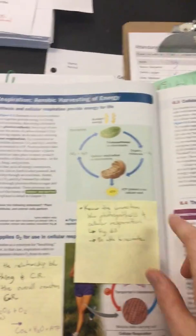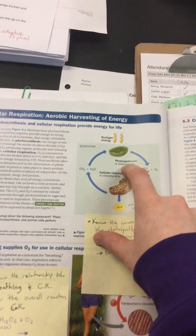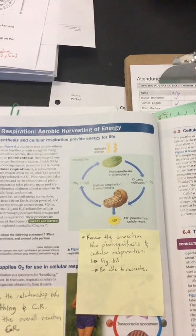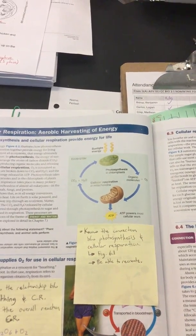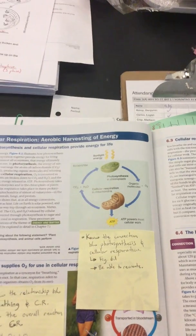So you should be able to take a diagram like this and fill it in. Okay, so we get energy from the sun. Photosynthesis happens in chloroplasts. Cellular respiration happens in mitochondria. Go. So do starfish use photosynthesis? Starfish are not photosynthetic. They also eat things. So starfish tend to eat urchins or clams. They can eat other organisms as well, but